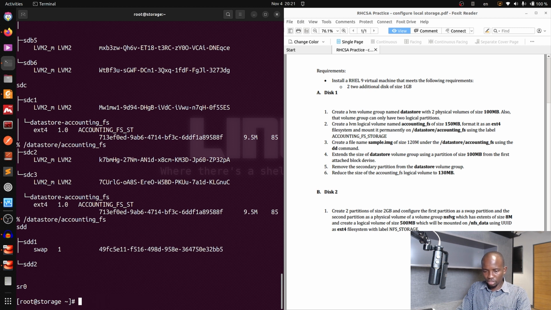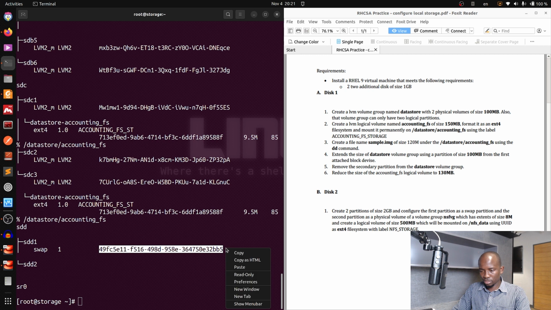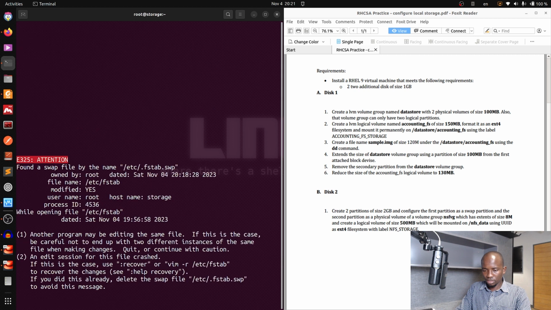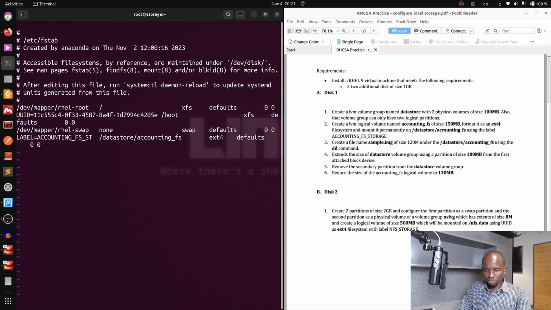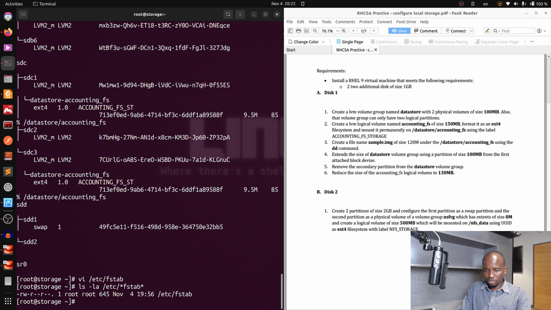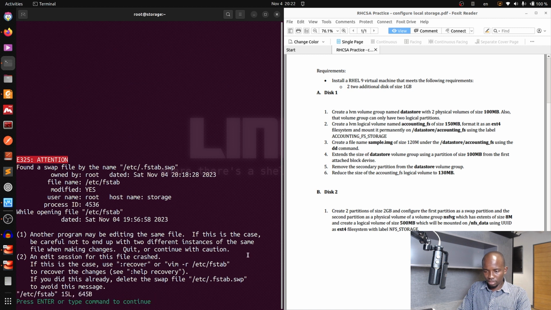No, if I do that, it will. I just copy it. Copy this one. Copy and go vi /etc/fstab. I'll do just this one. I'll do ls -la /etc/fstab*. Okay, so I'll do vi fstab. Actually, there is this file. If you delete this already, so to avoid this message,